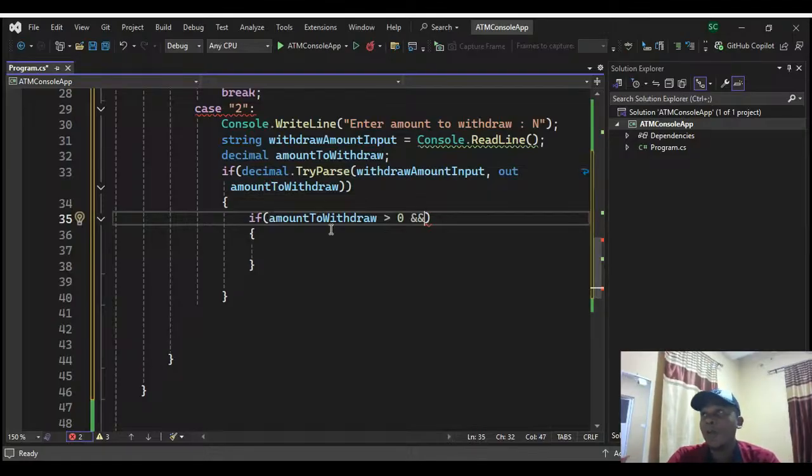It means that the condition I'm going to declare here must be met before we execute any of these lines of code. So this and means I'm declaring 2 conditions or 3 conditions. The first condition is amount to withdraw must be greater than 0. And the second condition is amount to withdraw